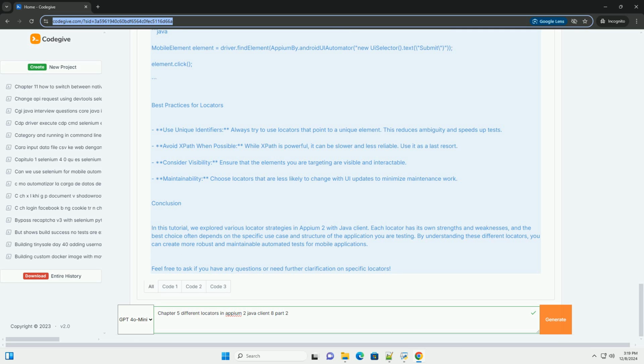### 1. ID. The simplest and most common locator is the ID. This is often the preferred method when the element has a unique identifier. Code example, Java: MobileElement element = driver.findElement(AppiumBy.id("com.example:id/button_id")); element.click();